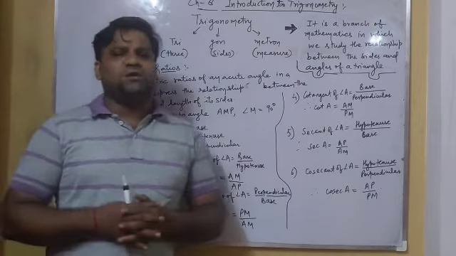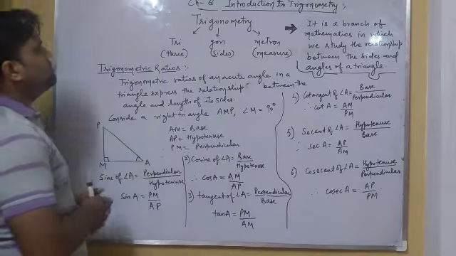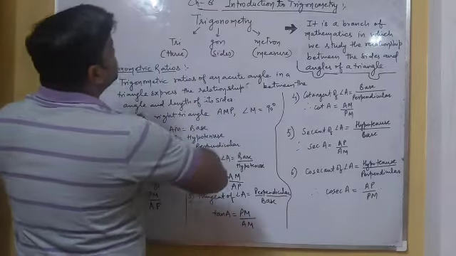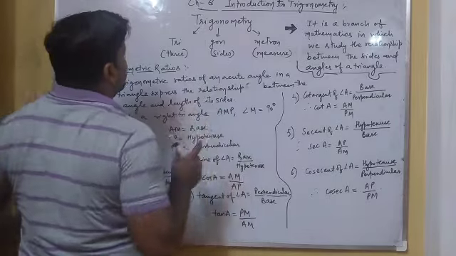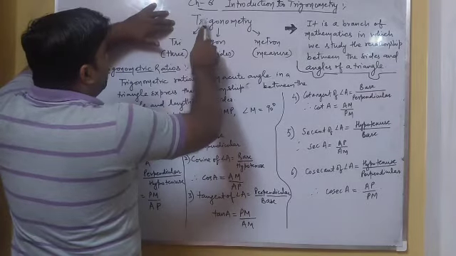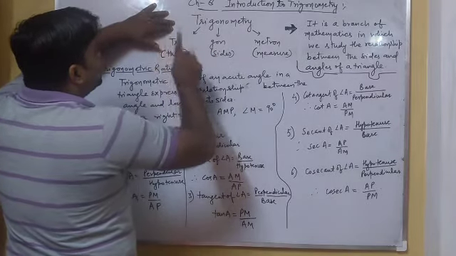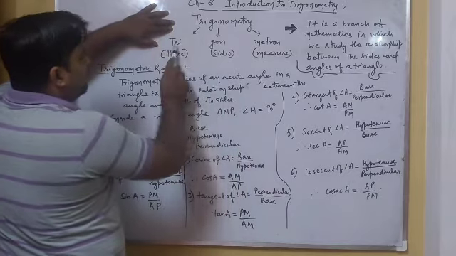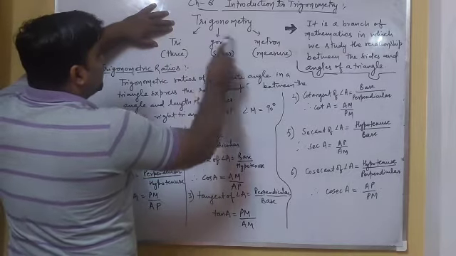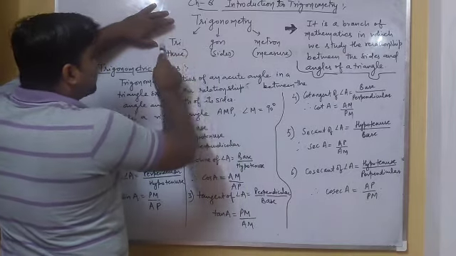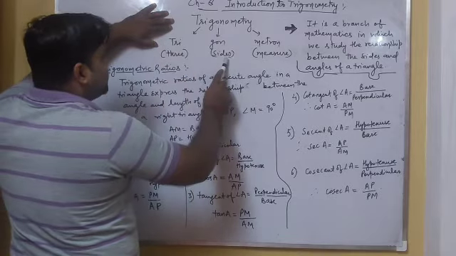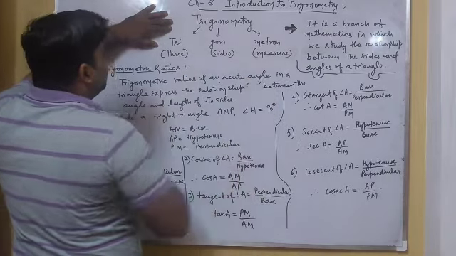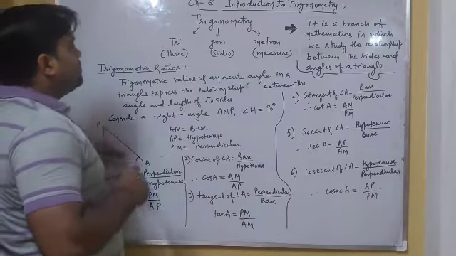Now let us come to chapter number 8, which is Introduction to Trigonometry. First of all, we need to understand what trigonometry is. Here the word trigonometry is derived from three words: tri, gon, metron. These are Greek words. Here tri means three, gon means sides and metron means measure. It means that trigonometry